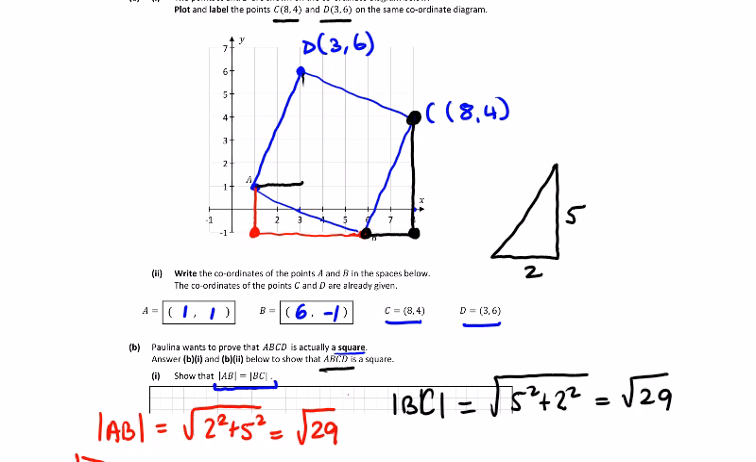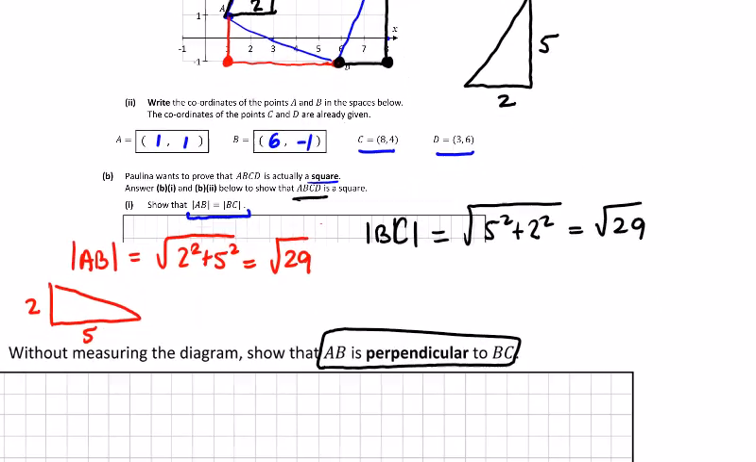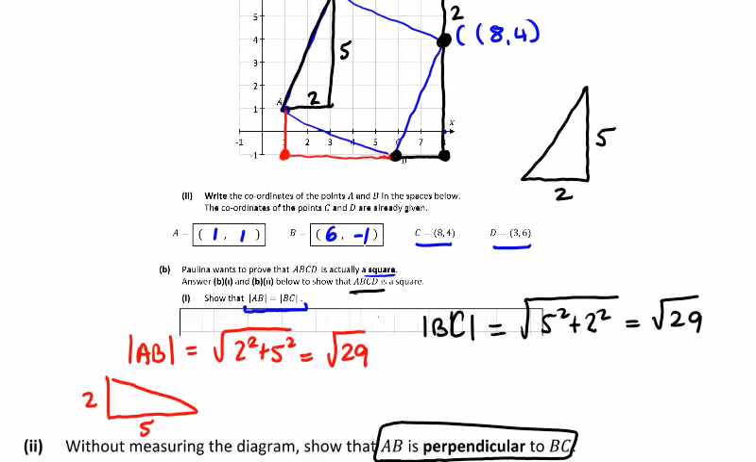I'm going to show AB is perpendicular to BC as well, but you can see here we have a run of 2 and a rise of 5 to find AD. And similarly, if we go this way, we'll have a run of 5 and a rise of 2. So you can see they're all root 29. But to show AB is perpendicular to BC,